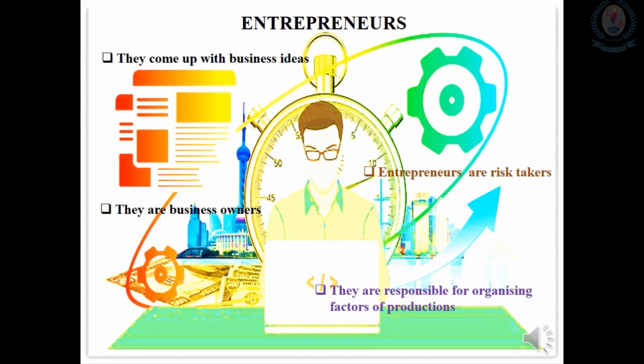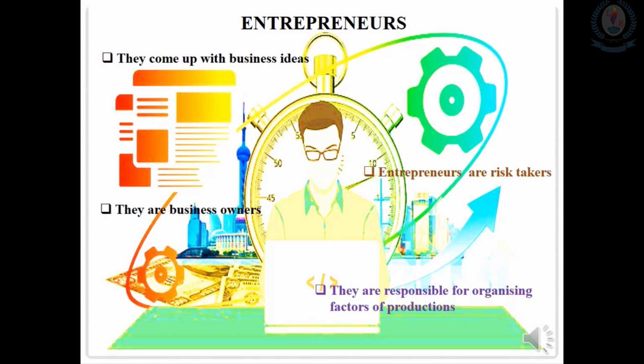The final factor of production is entrepreneurs. They play a special role in the economy. Without them, production would not take place. Then, what is special about them? Yes, they come up with business ideas. They are the risk takers and the owners, and also they are responsible for organizing the other three